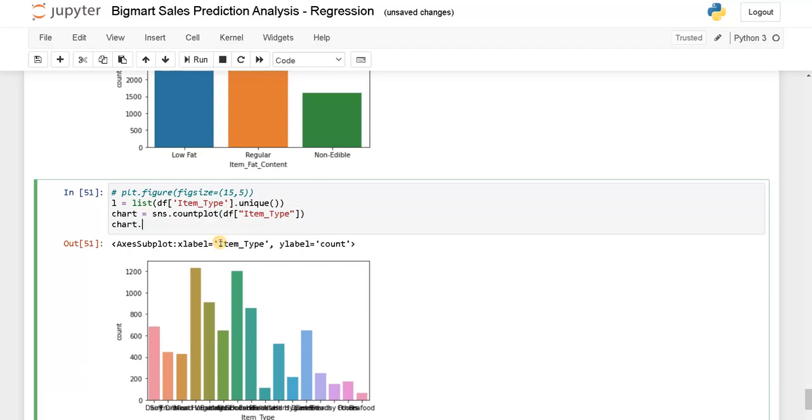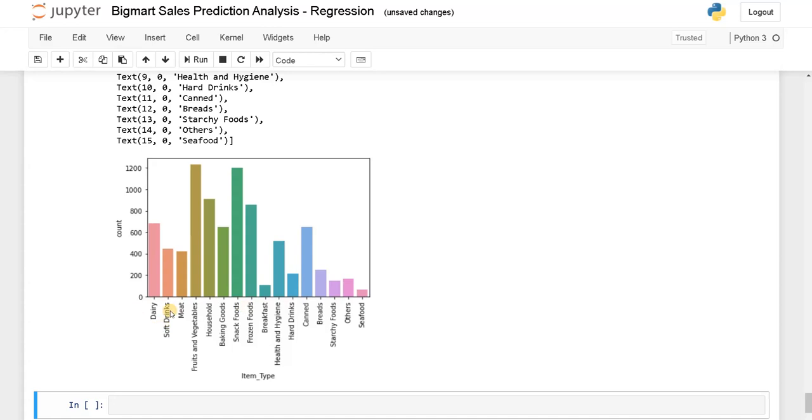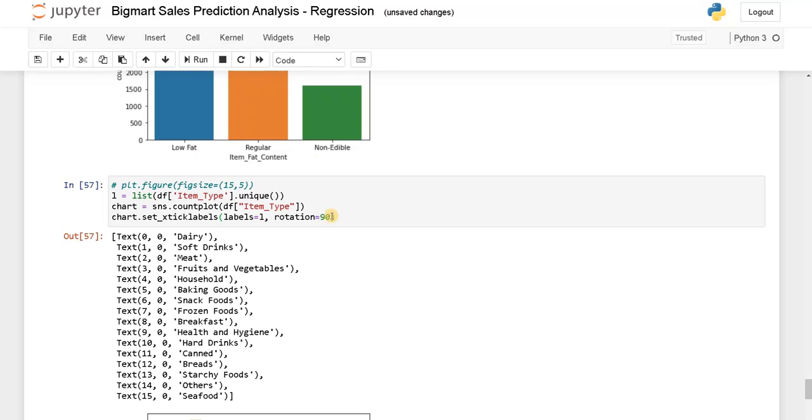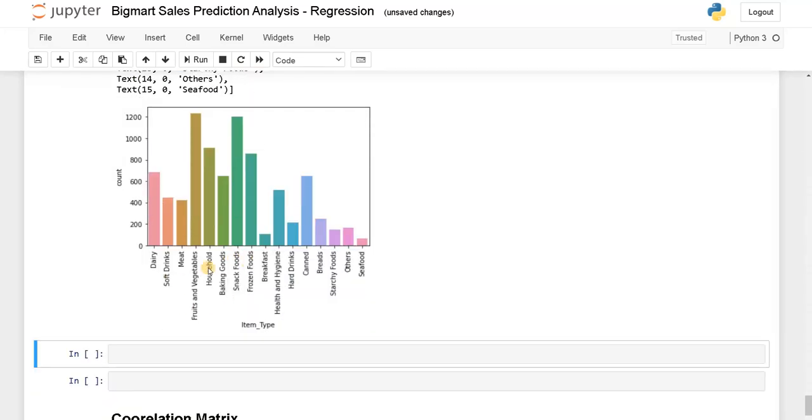Now chart dot set xtick labels, labels equals L and rotation equals 90. Let's run it now. As you can see, the labels are displayed in the vertical manner. So you can change this rotation to any other degree in order to display this label.